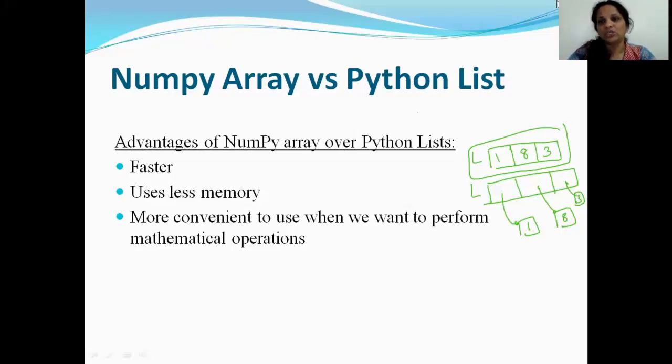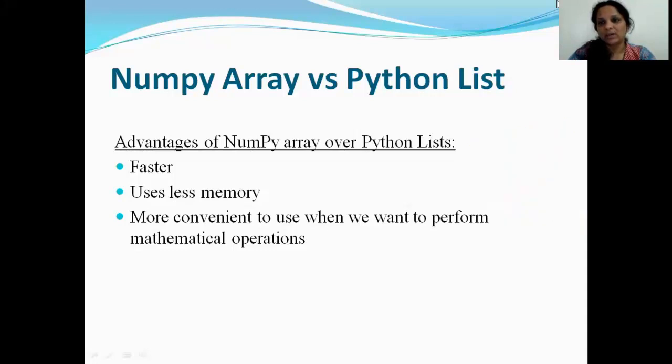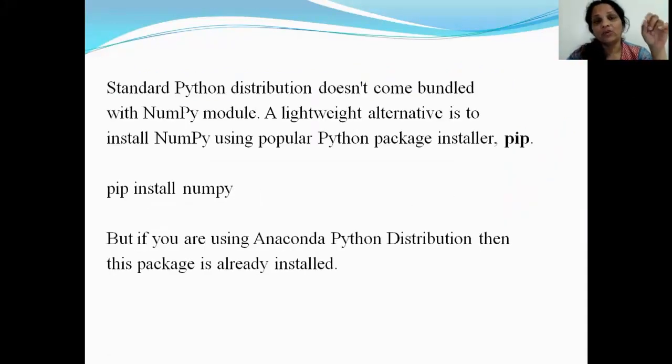Another important thing that you need to remember, just let me clear my screen. Like I said, if you're going to use NumPy, which is an external module, you will have to import it to your programs, correct? But before importing it, you will also have to install the module. And how do you install the module? By writing pip install numpy. Now this has to be done if you are not using the Anaconda distribution and you're using any other standard Python distribution. If you're using the Anaconda distribution, you don't have to worry. It's already installed. Is that clear?